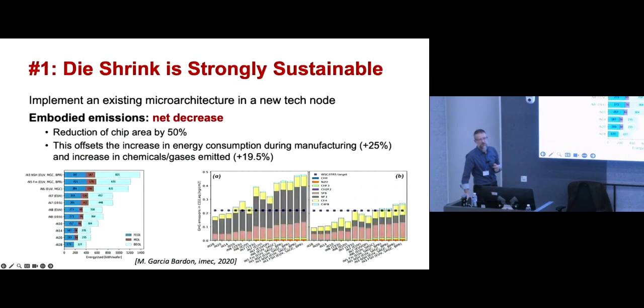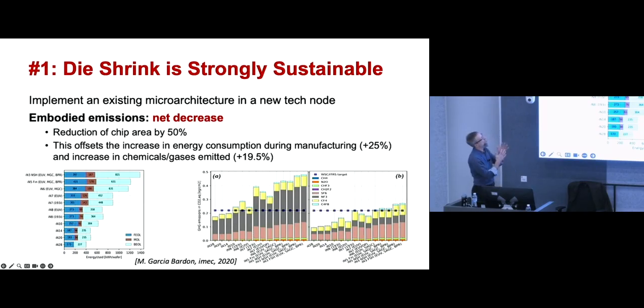So like a die shrink, it's a common technique. You may have heard about the Intel tick-tock trade-off of optimizing the microarchitecture in a given chip technology node, and in the next iteration, they would go to the next tech node with the same microarchitecture, and then they change the microarchitecture again. So this is tick-tock. So a die shrink means we have a given microarchitecture in a given chip technology node. We re-implement the same microarchitecture in the next generation technology node. So the question is: is this strongly sustainable, weakly sustainable, or not sustainable?